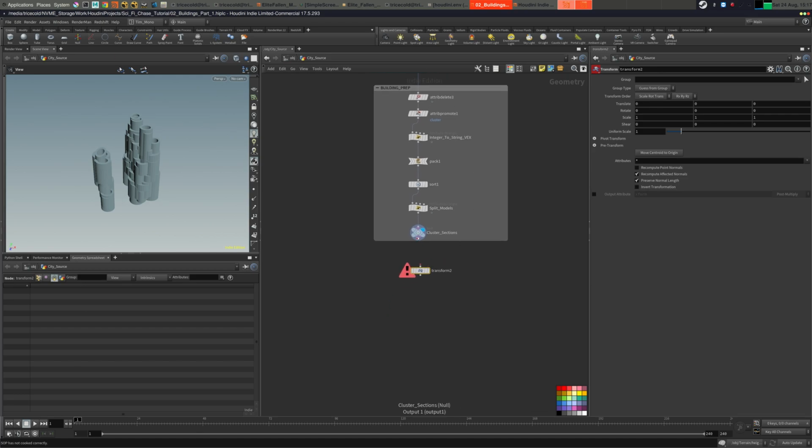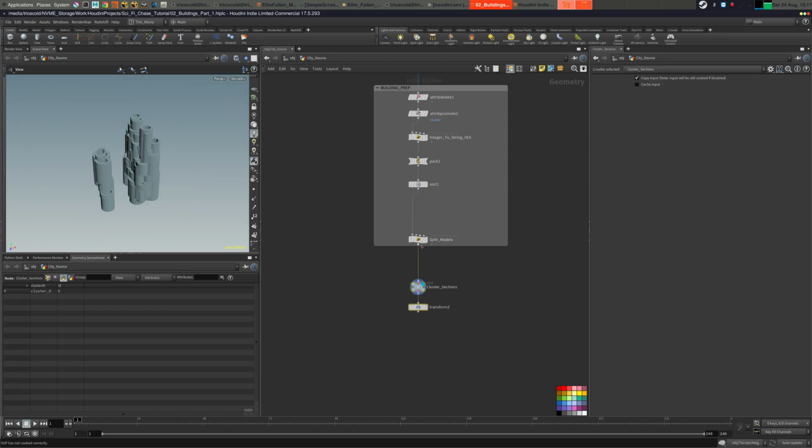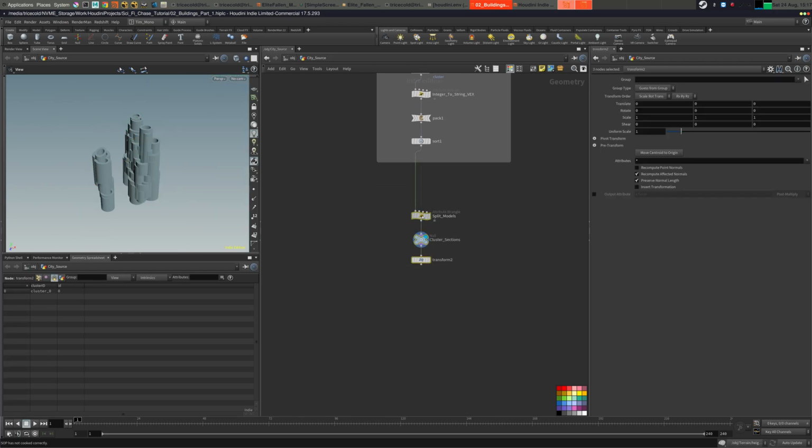This was the prep, right? So now it's all clear. So we're going to go, actually I think we should bring this here. Oh, get out. This should be another section. Yeah, that was the prep section. Now this is the making section. Okay, so split models, cluster sections, transform. So we're just going to type,